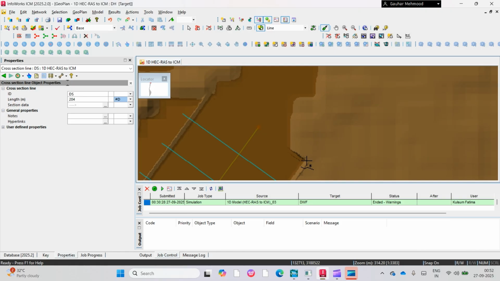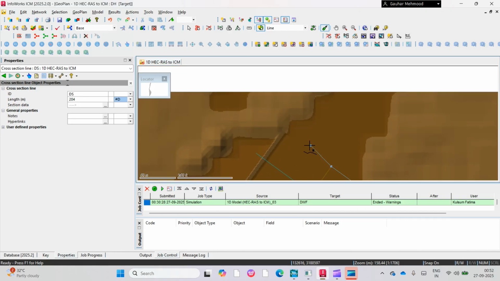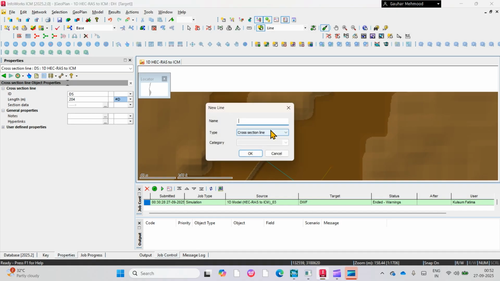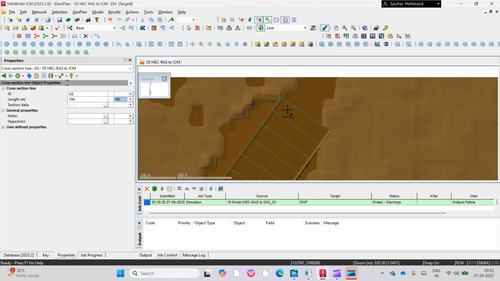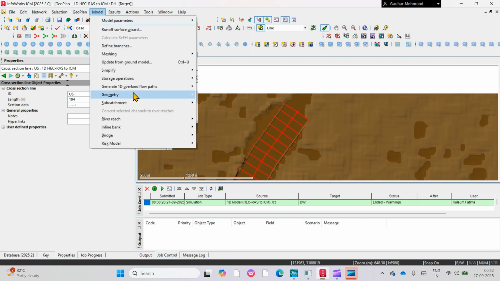One cross section line we have to create over the upstream. This is the upstream cross section. All right, now you need to select the whole network and go to the model,